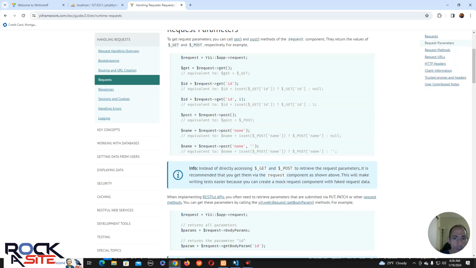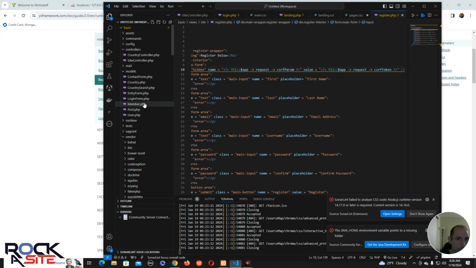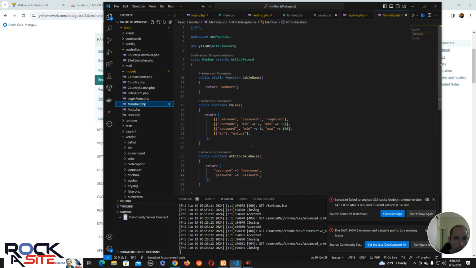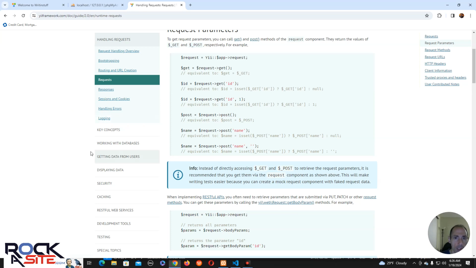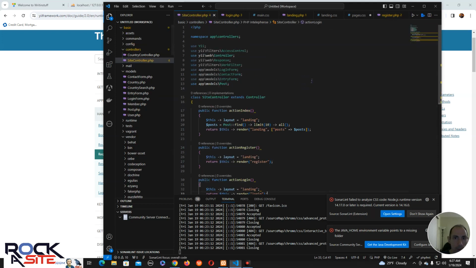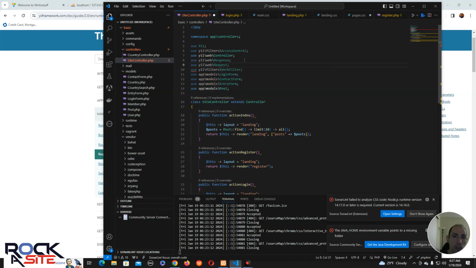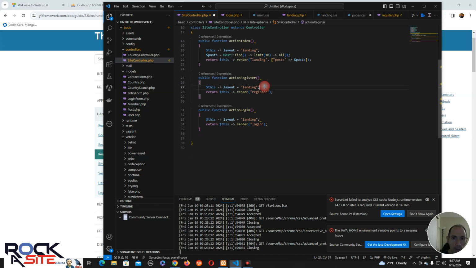So let's see. Now we do have validations here, but with members, we have these rules here. I do need them to, we can make a rule about passwords being equal to one another. Let's think. Okay, so if I were to insert request, let's go to our site controller. We already have request, we have response. Let's go with request. Use web request. If I were to do that, and I were to go to action register, and I would just say, let me think,